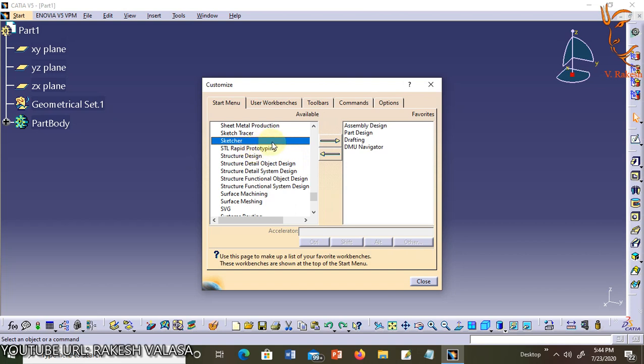Sketcher workbench selected, so it is highlighted. With the Sketcher workbench selected, select the arrow pointing to the right, that is located between the columns, the available column and the favorite column. Now click on this right arrow option.